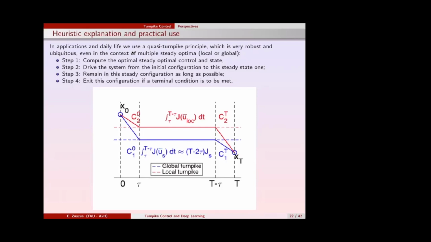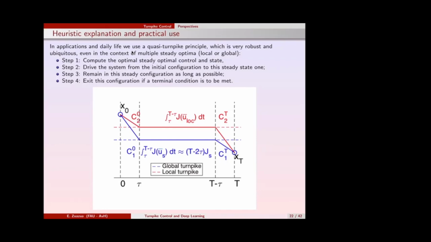This is the Turnpike principle, okay? And then the Turnpike principle says, compute the optimum of the steady state problem, right? So first iteration, chop off time, consider the time-independent control problem. If you are in a PDE context, this will become an elliptic equation without time. Computing the optimal control for the steady state problem is much simpler because there is no time dependency. It's just a static problem.